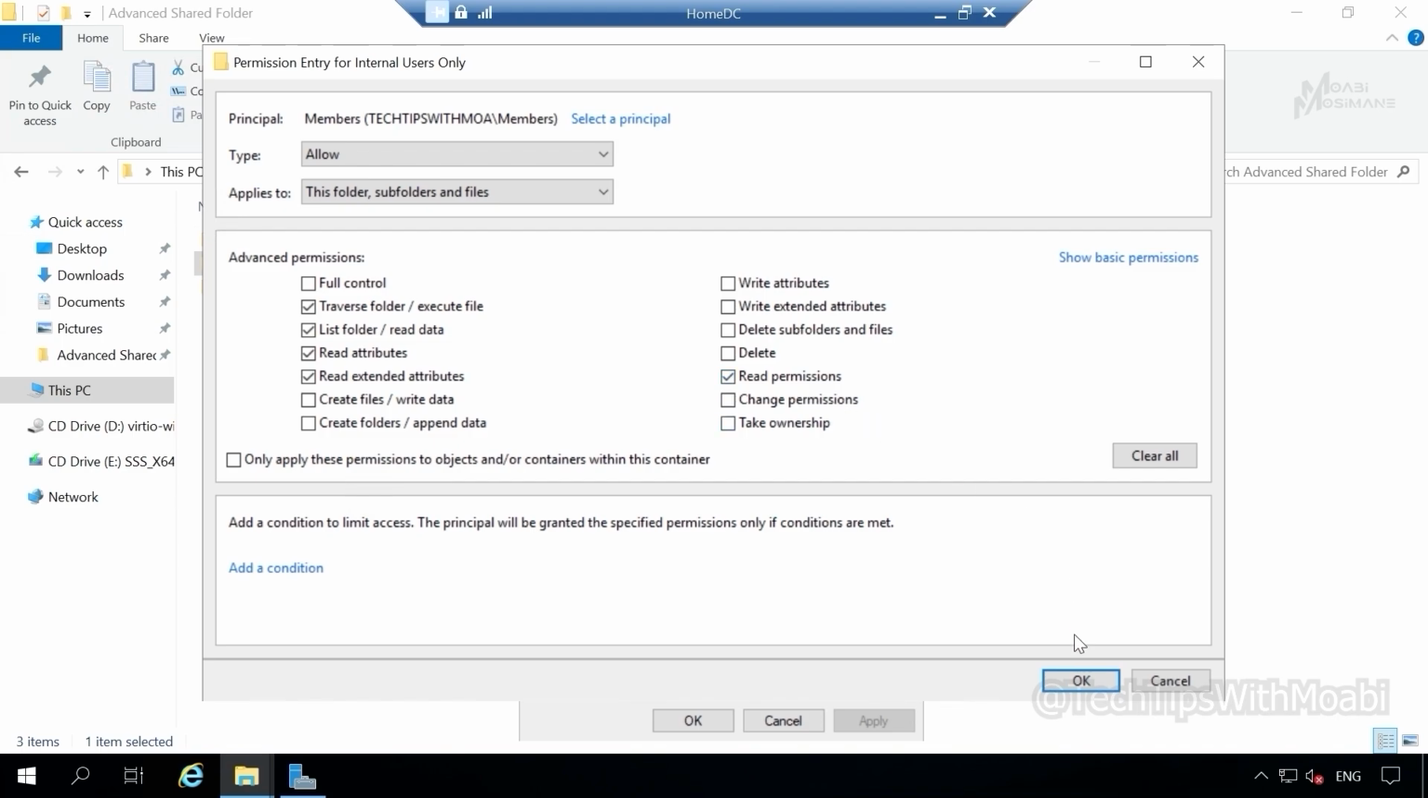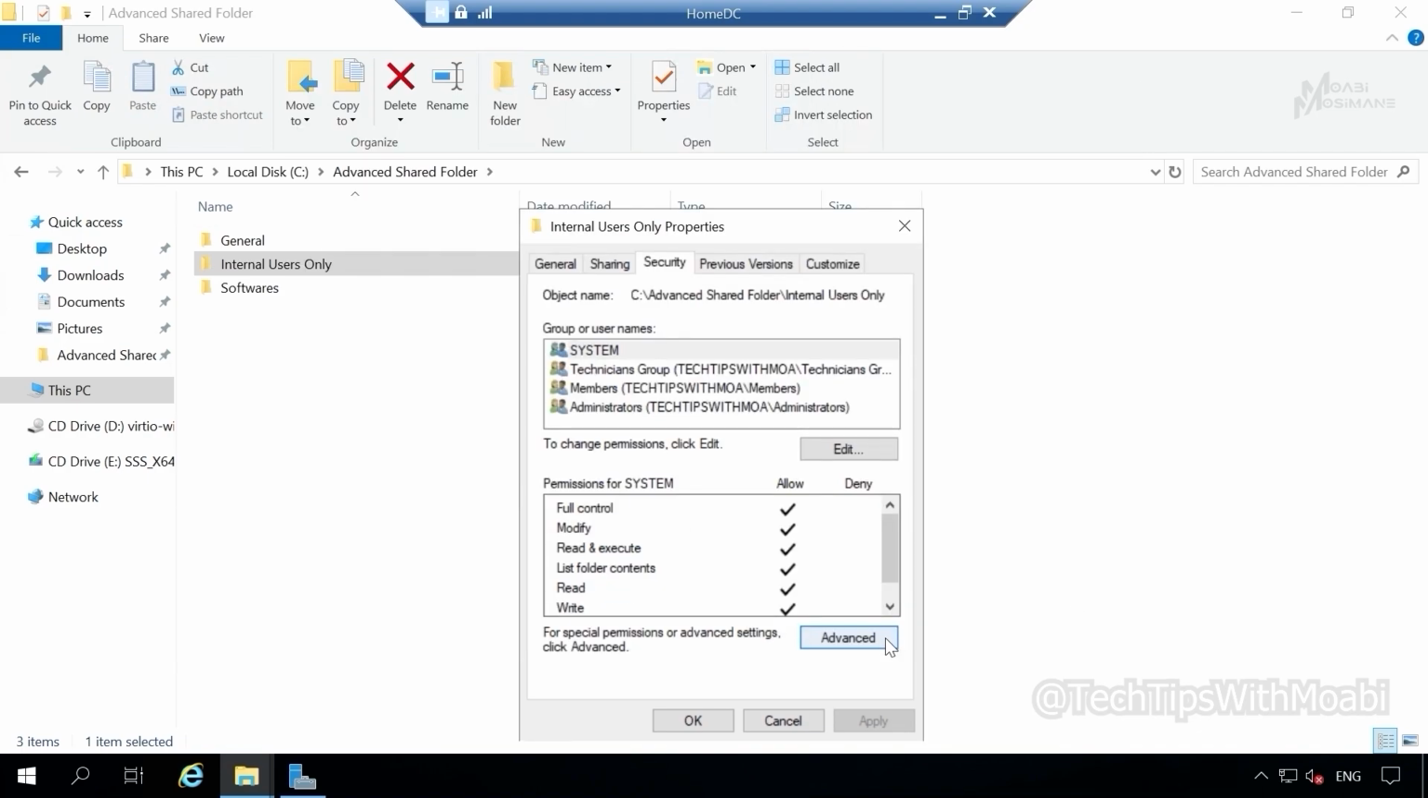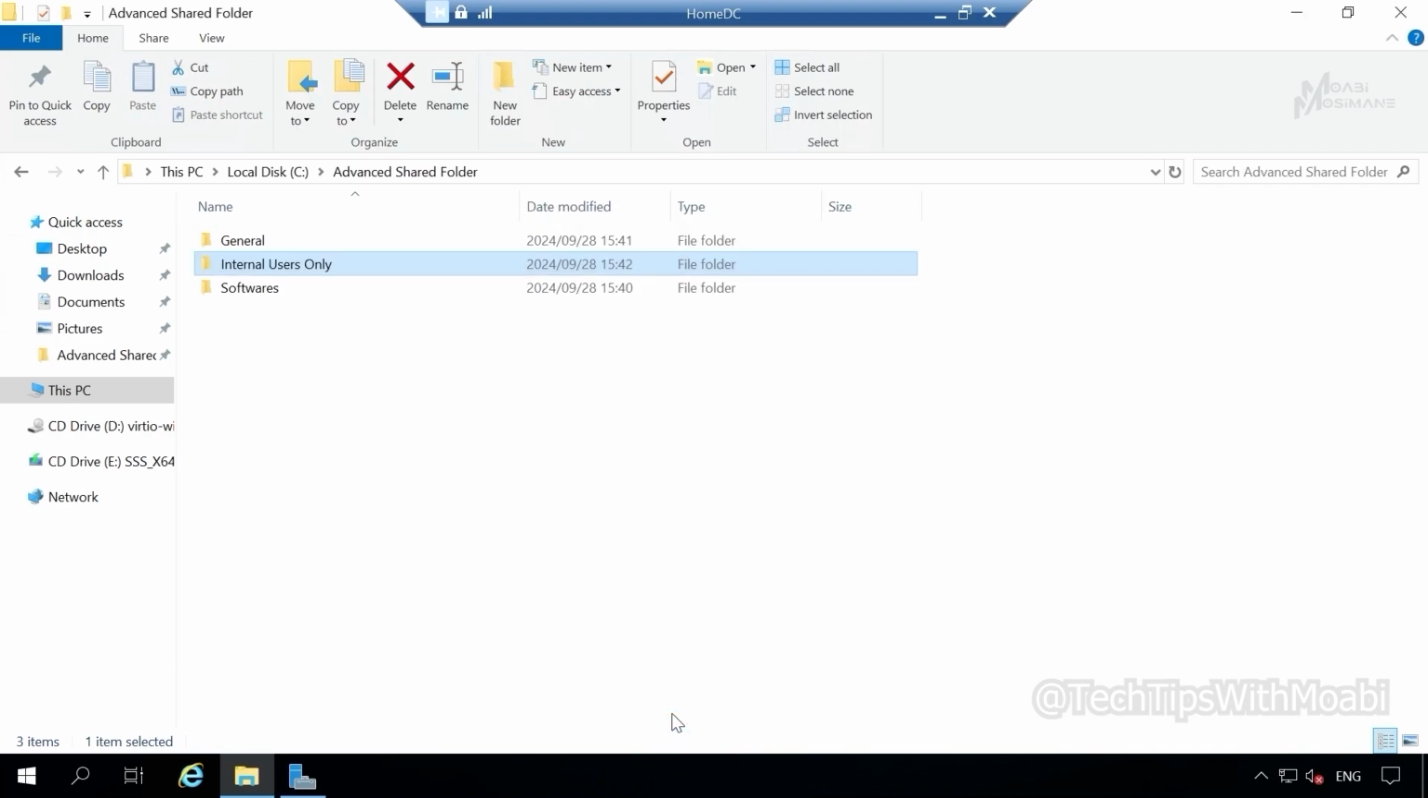So I'm going to click OK. Only the groups or users that are under permission entry will have access to this folder based on the permissions that we have applied on the groups or the users. So let's click apply and then click OK. Click OK. And now for the last folder, which is our softwares folder, let's click on the folder, then right